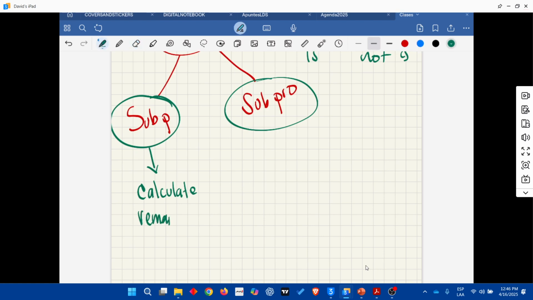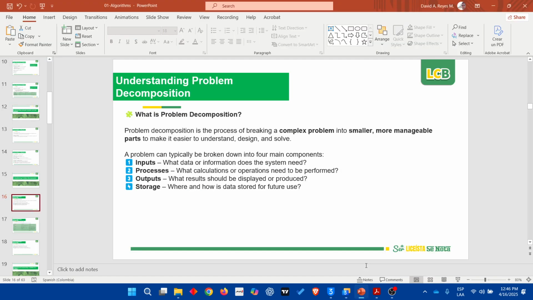Calculate the remainder. And in this one, we are going to make the decision if the number is or is not an even number. Okay? Okie dokie. So let's continue. For doing this,